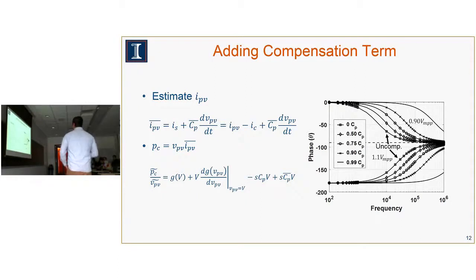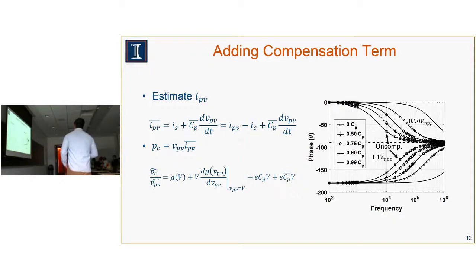So then when we add that back into our linearized model, we get this equation here, which obviously if these two terms are equal, then they'll completely negate themselves. That's probably not going to happen in real life, because this value can change with the voltage on the panel. But we're showing here on the right, this is the simulation of this model, that even if you're within the ballpark of the estimated capacitance term, you can greatly increase the phase available at higher switching frequency. So if you follow, say, the 75% estimate